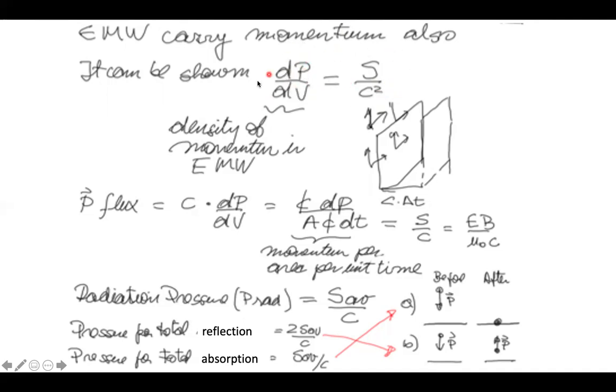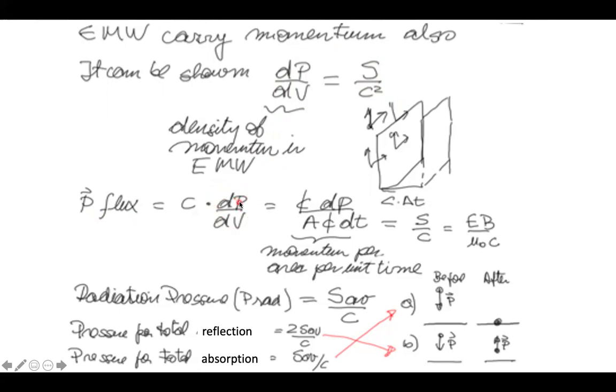Classically, it's not as easy to arrive at this expression, but let's leave it at this point. I want you to know that the density of momentum in an electromagnetic wave can be described by the modulus of the Poynting vector divided by c squared, okay? So the actual flux of momentum is the density of momentum,